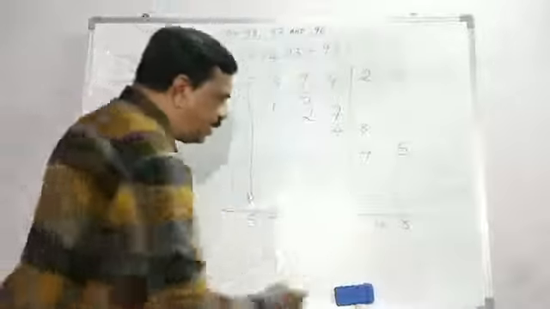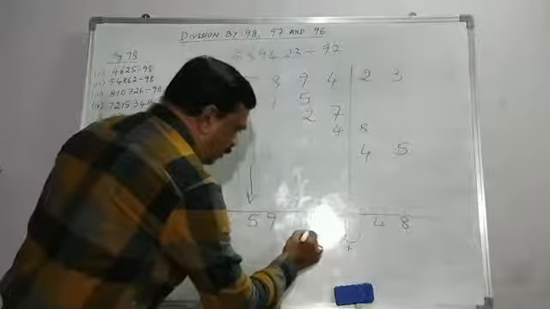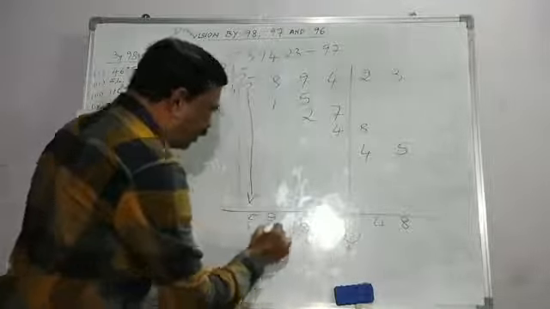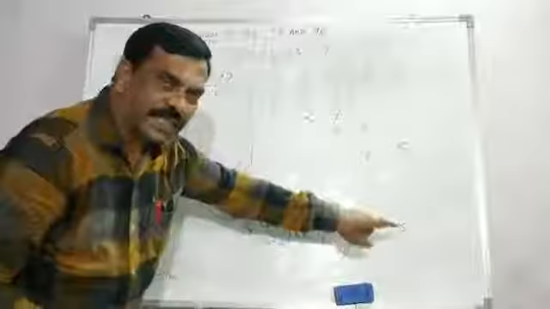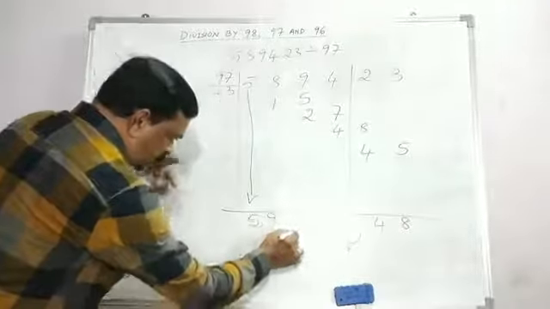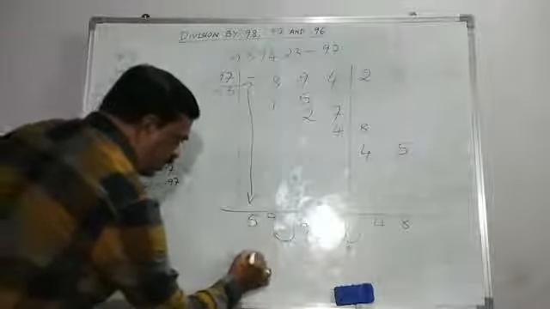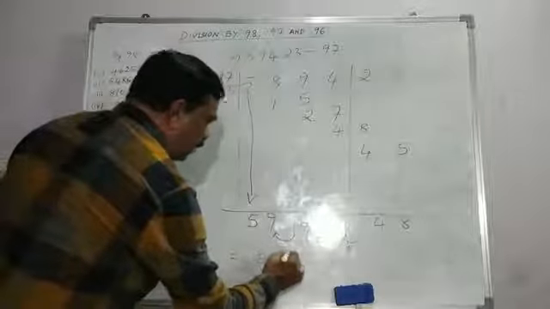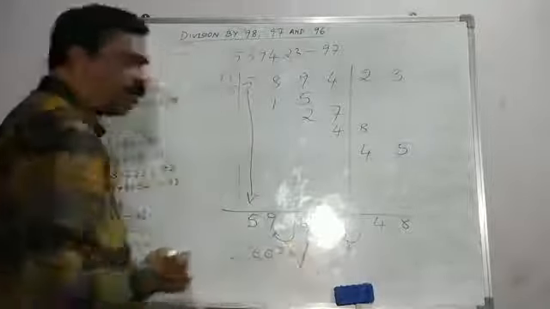This one we will add to the left hand side number here. And this one we will add to the left hand side number here. And this one we will add to the left hand side number here. So whenever we are getting double digits here or triple digit in the remaining part, add the number to the left hand side. Now let us see what we will get here. So here 59 is the number this side, plus 1 is here. So you will get 60, 60. This 1 plus 6 will become 7. This 1 plus 5 will become 6. Our quotient part is over.